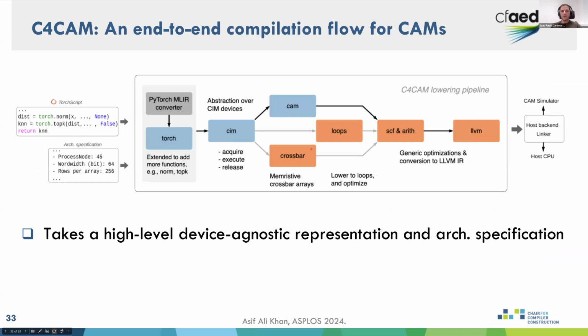So C4CAM builds on top of MLIR, as I said, and we take TorchScript as input. And here is a short version of how a KNN kernel is implemented with normalization and top K. The second input of our compilation flow is an architecture specification of the CAMs and the hierarchy that you want to map your application to. Right, so this first part is reused from MLIR, but then comes this second part, where you have the